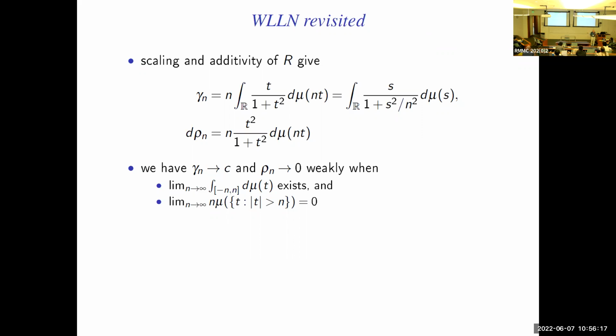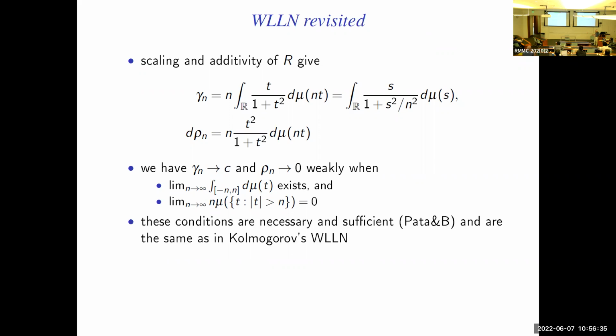In other words, we have an equivalence between the distributions that give you something convergent in the classical case and the ones that give you convergence in the free case. This is the upshot of this little calculation. This is something that Pata and myself observed some time ago. Historically speaking, this came after a result of Pata, but I put it in this order because this seems to be the logical order.